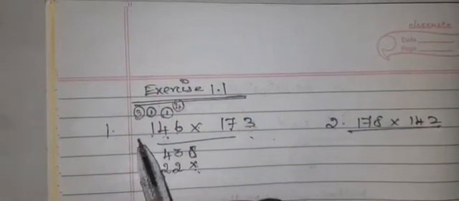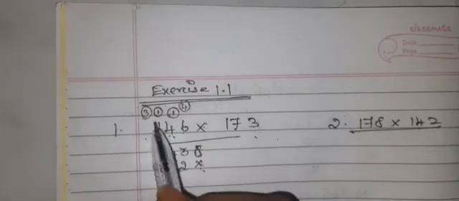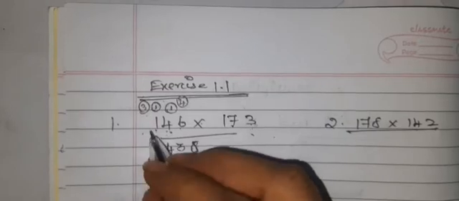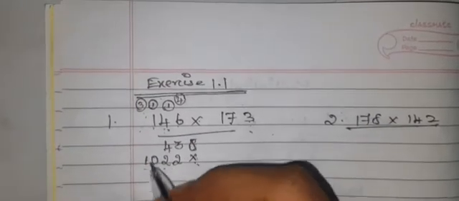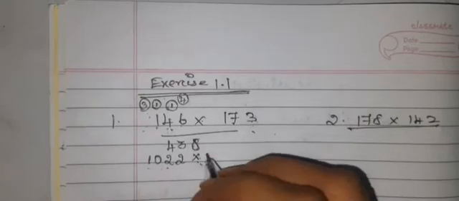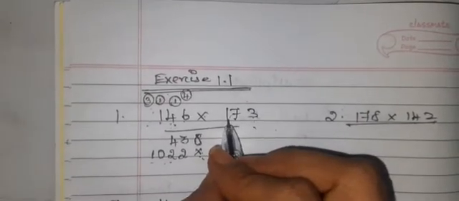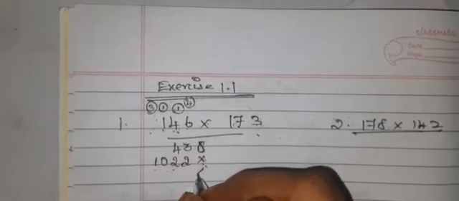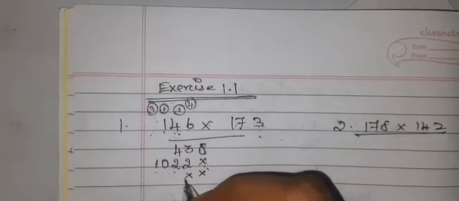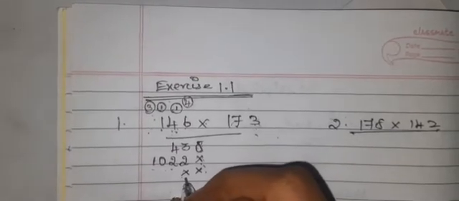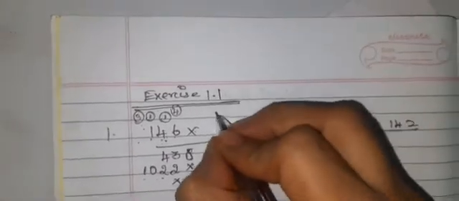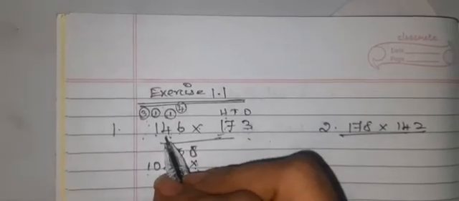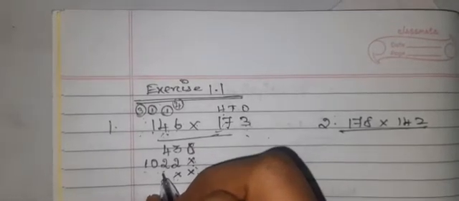Again multiply 7 into 1. 7 1s are 7, plus 3 is 10. Write 10 as it is because there is no other value given here. Now with the third digit you are going to multiply with the multiplicand. So you have to put a multiplication symbol on the units place and tens place. The third digit is of the hundreds place value. Start writing the value of 1 multiplied with 146 from the hundreds place only.